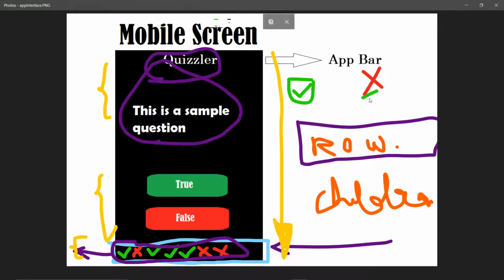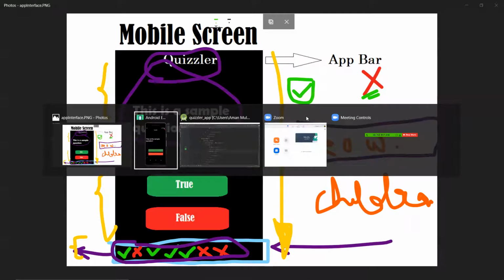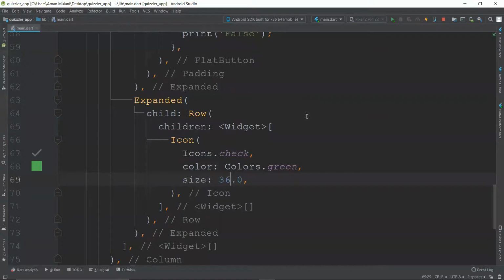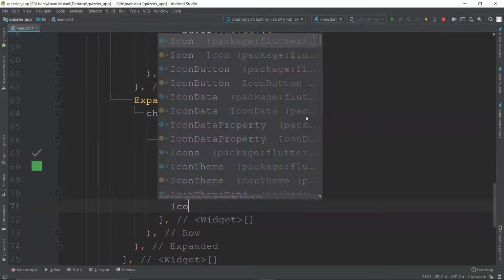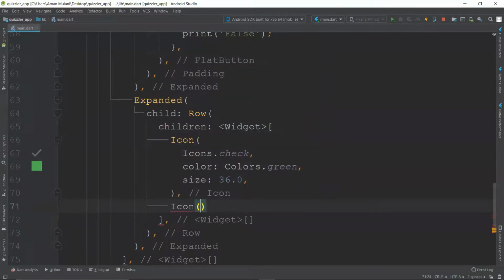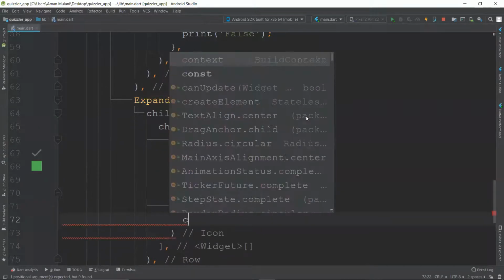Again, take it as a challenge for yourself: pause the video and try to do it yourself, and if you're not able to, come back to this video. So okay, if you're not able to do it, let's do it over here. Again, it's very easy. You have to just tap into Icon. In Icon, you have to provide